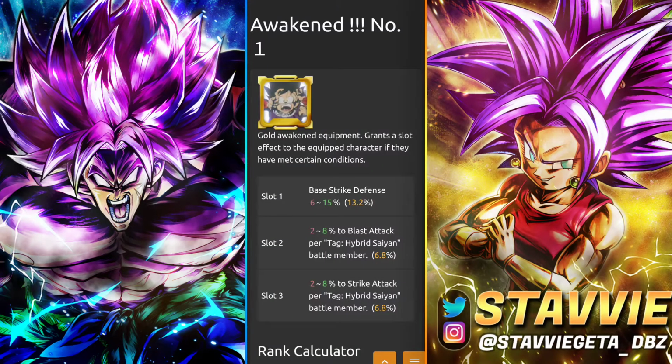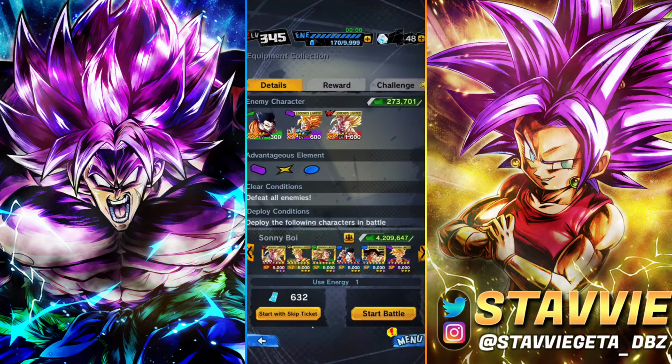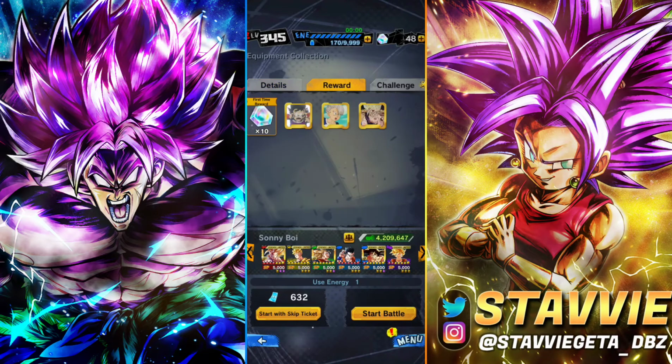Arguably, we have one of the most stupidly busted equips in the game, and that is the Awaken triple exclamation point, which has strike defense and then gives pure blast attack and pure strike attack per Hybrid Saiyan battle member, meaning that you're getting up to 24% for a pure buff. That's if you're running him with Hybrid Saiyans, making this an absolutely astronomical equip. While this equip can be acquired with both your Z medals and equip medals, the easiest way to farm it up will be via the equipment collection battles in the hybrid battle,